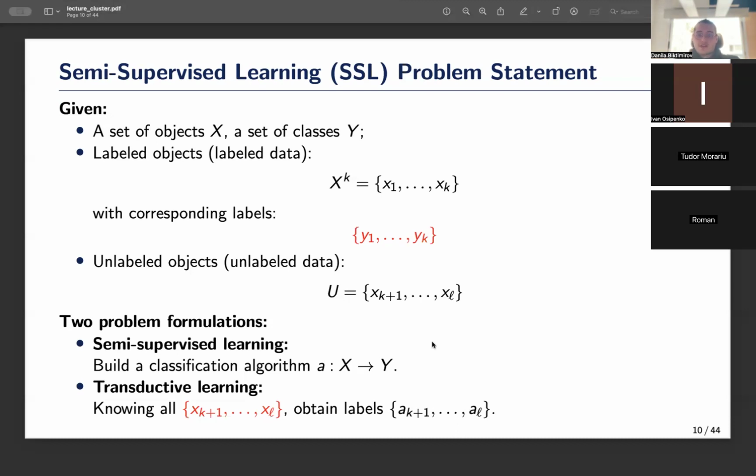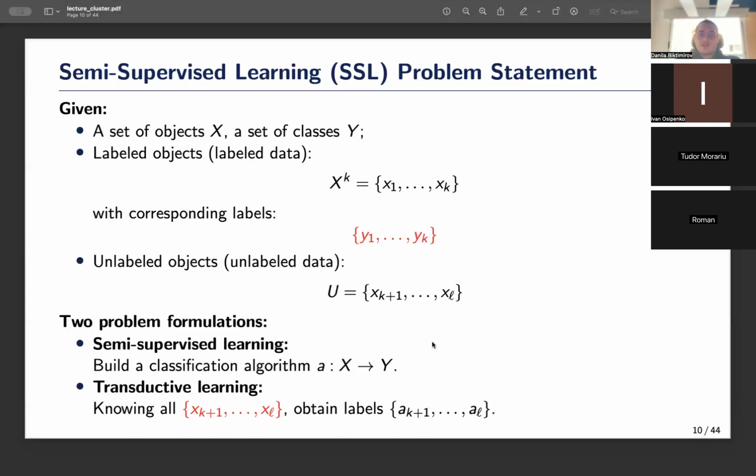The key idea is that we may have a large number of unlabeled objects, but for a smaller subset, we have access to the class or cluster labels. It's not always clear whether to call them classes or clusters, but this problem is generally closer to classification because we have a predefined set of possible labels, some finite set Y, and even if it's small, it still represents a well-defined category system.